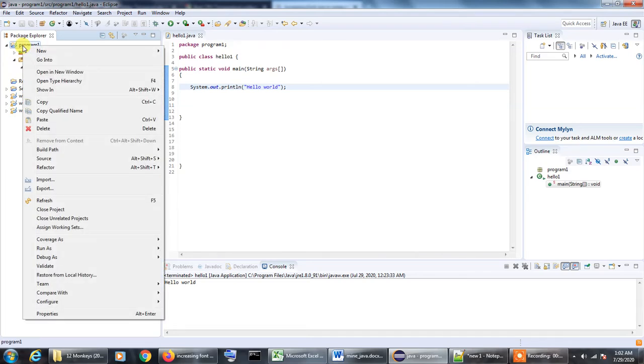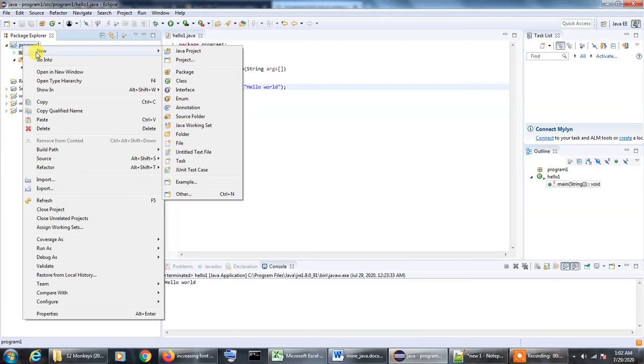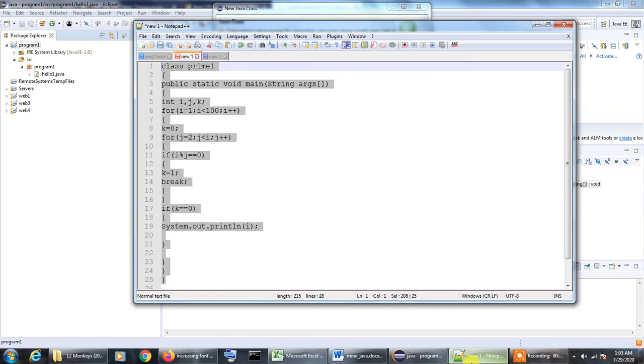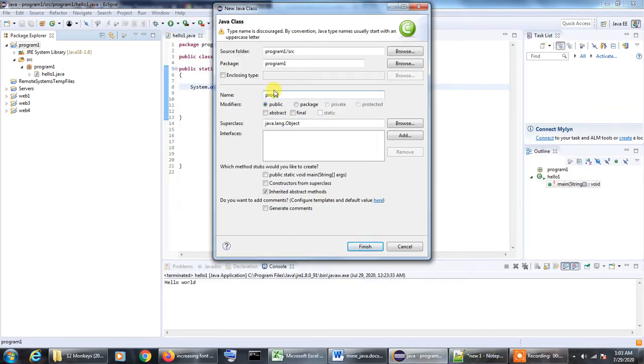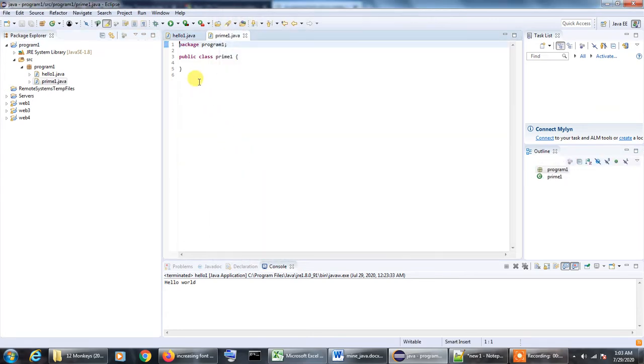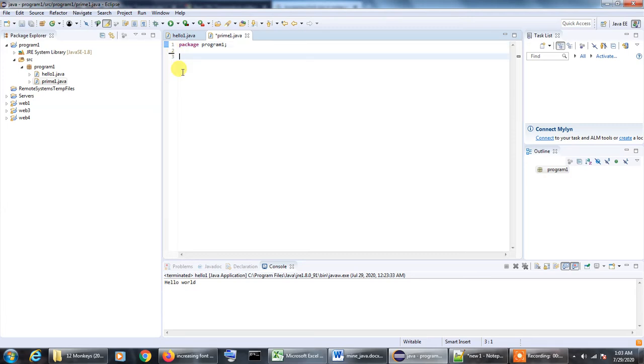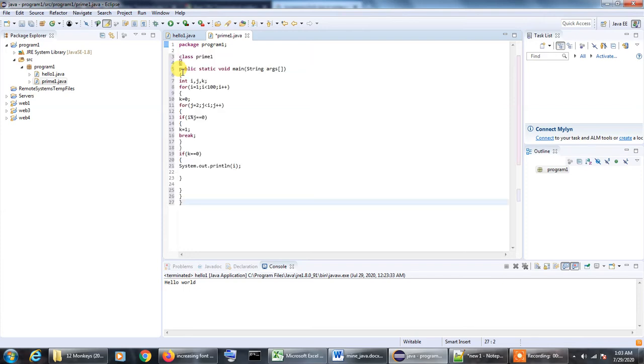Just right click on the package, click new and select class, and the class name should be the same as the name of the class used in our program, which is prime1. So the class name should be prime1, and click finish. Eclipse has already created a class by the name of prime1. Let me get rid of this because we will be pasting our own code over here.